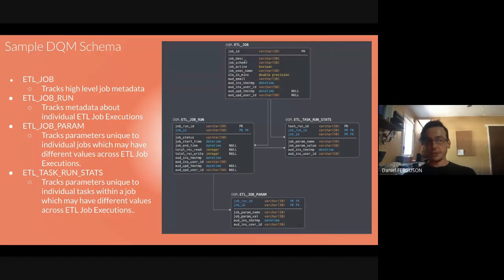Some of the sample information that we collected in this case would be the name of the job, how long the job was supposed to run, if the job was still considered active, who created it, therefore who could be responsible if something went wrong, where we could chase up issues if we had to. Some of the other information about individual job runs we collected in the job run table were like information about the total records read versus the total records written downstream. How long the job took to run, implying that maybe we need to break up this job into smaller jobs, to read smaller chunks or to run more frequently.